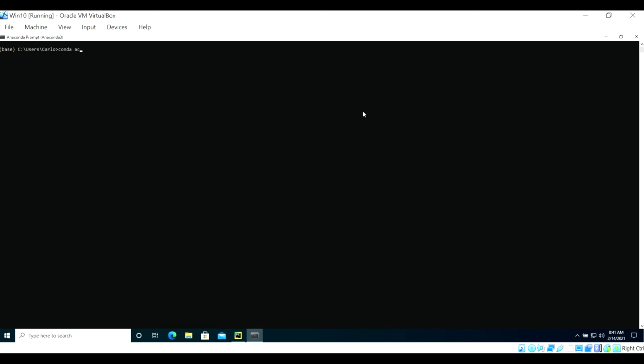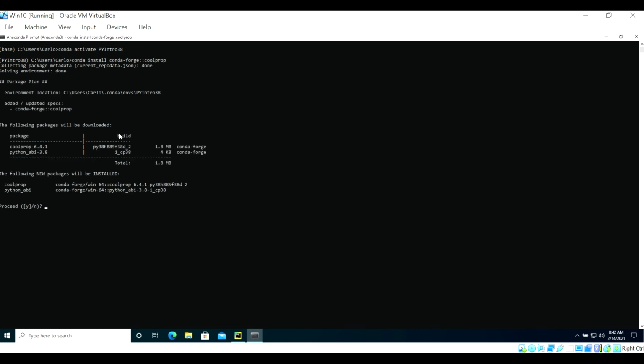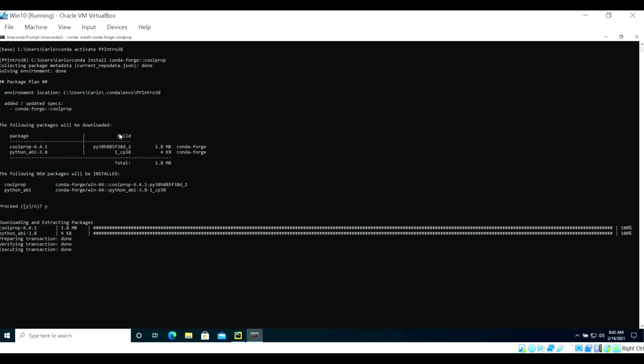Conda activate, capital P, capital Y, capital I, and throw 38. Okay, that's active. And now if I paste this, I should be able to download the JSON files for the library. Good, this is installed. So if you go back to the example,